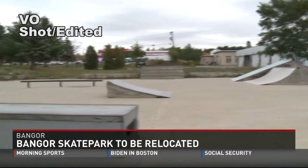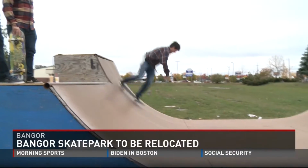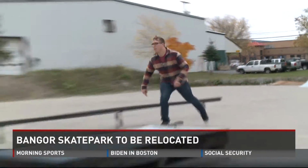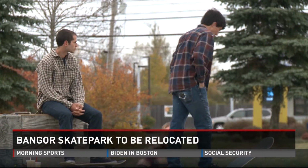They are ready for a change. The skate park has been in several locations around the Queen City for more than 10 years. A location process for the new park has started. Tentative new locations for the new park include behind the Parks and Rec Department, the Bangor waterfront, or possibly in